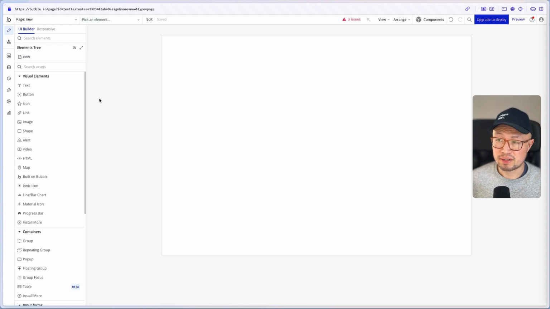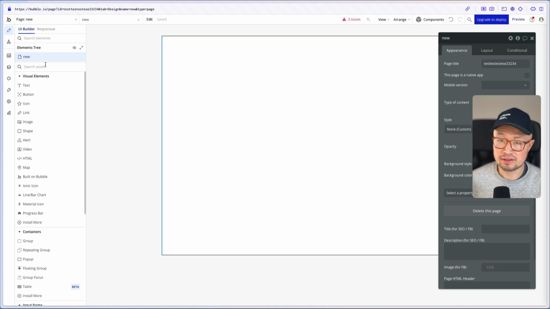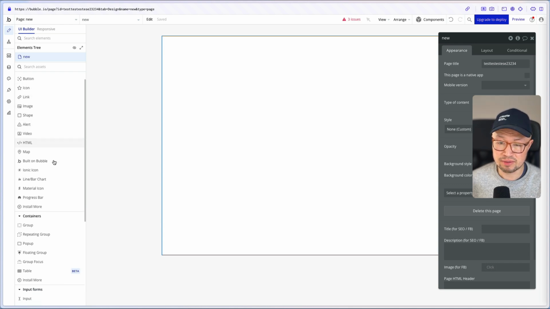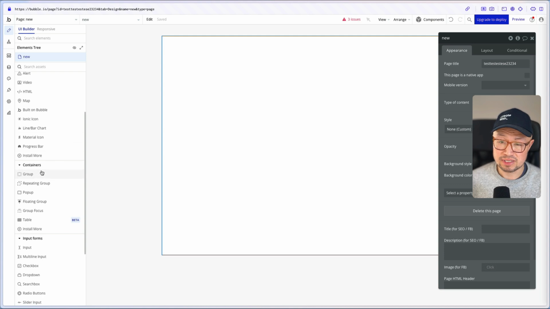So this is the Bubble visual editor. On the right hand side here, this is the page that we're going to create. On the left hand side, you can see all the different element types which we can drop onto the page. So starting with visual elements, which can be text, buttons, icons, links, images, shapes, alerts, videos, and so on. And then you have containers, which are things like groups or repeating groups, which is good for showing lists of things, or pop-ups or floating groups, all of which serve slightly different purposes in organizing the look and feel of